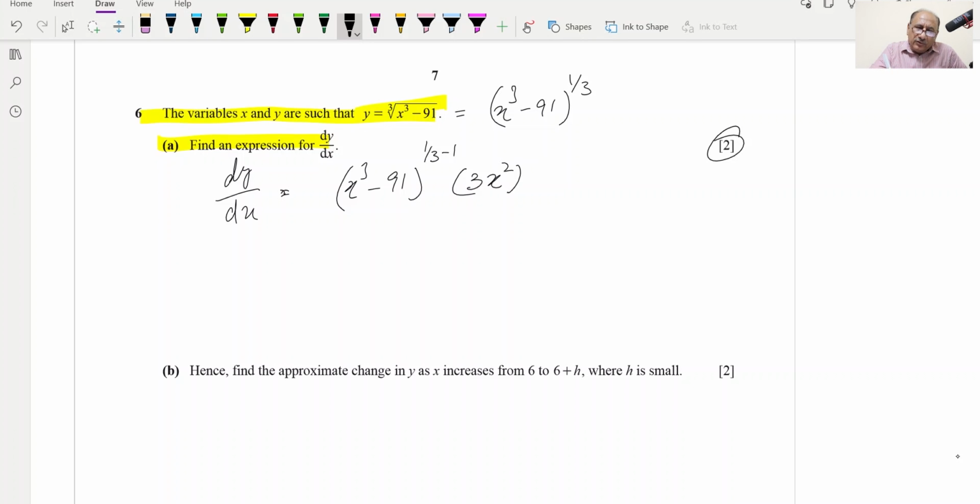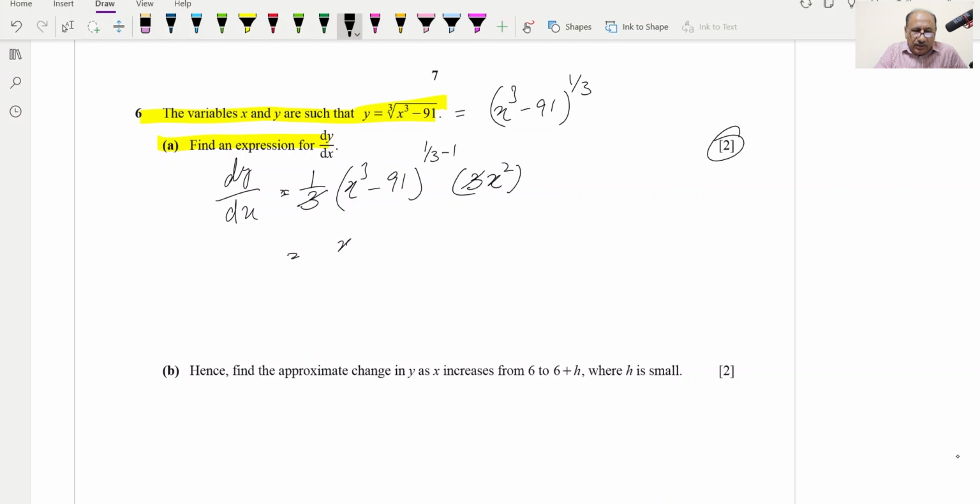Basically what we have to do, we have to pull this power first, and then we have to subtract minus 1, and then we have to take the derivative of the internal. So the power will be pulled first like this one, so 1 by 3 over here, and the rest of these extra circles I'm removing, which I had drawn for your explanation, and this will be the derivative. Now we can further simplify. 3 will be cancelled with this 3,